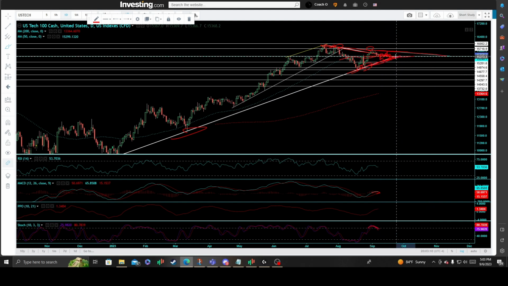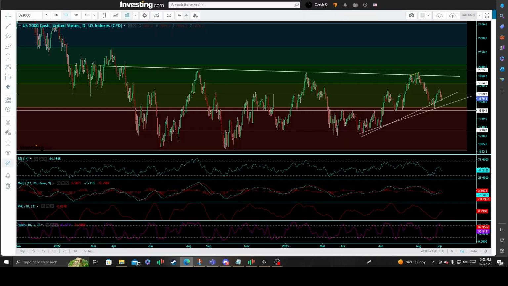That's going to be a pretty key level for all tech traders to hone in on and or pay attention to and really respect that key inflection point, with multiple reactionary highs and lows to strengthen the validation of that price support level. Taking you to the US 2000 Russell futures.